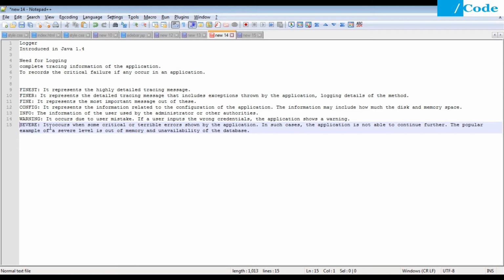And severe occurs whenever there is some critical or terrible error shown by the application. Whenever we have an issue and the application cannot be restarted or cannot continue further, the database is not available, or there is an out of memory error, a heap or thread dump, or the thread size exceeds the limit, any type of issue like this, that is severe, where the application cannot continue further.